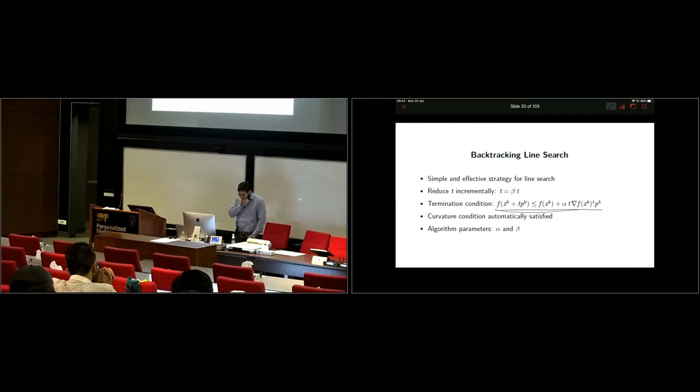So let me have a look at it. What does it say? It says that pk is the direction, the negative gradient direction. Let me just label it. Pk is the negative gradient direction, and t is the step size.